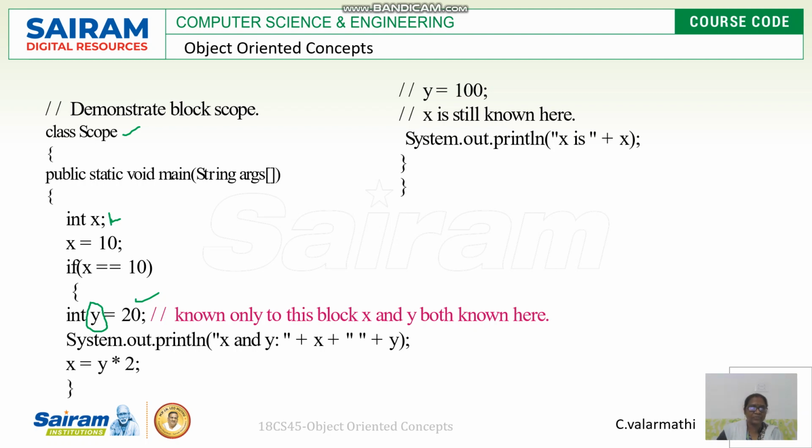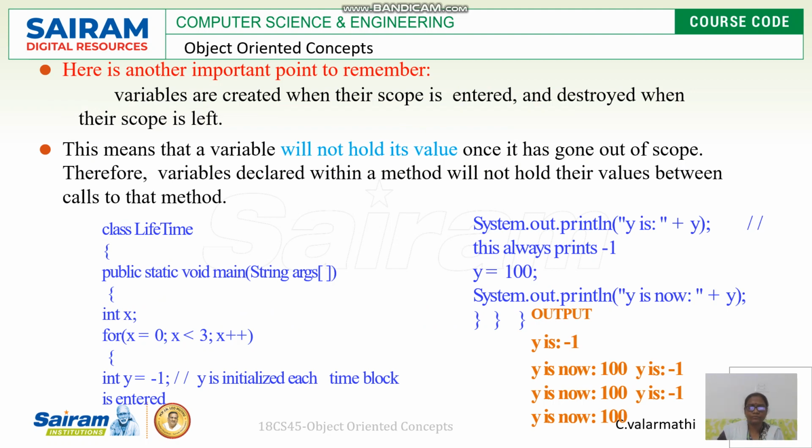x is the variable declared and defined by the class, so it has its unique properties and attributes. It will be known and will persist till the class ends. But y is treated as a temporary variable. The scope of this variable will be retained only as long as the method, that is the if block, is executing. Another important point to remember here